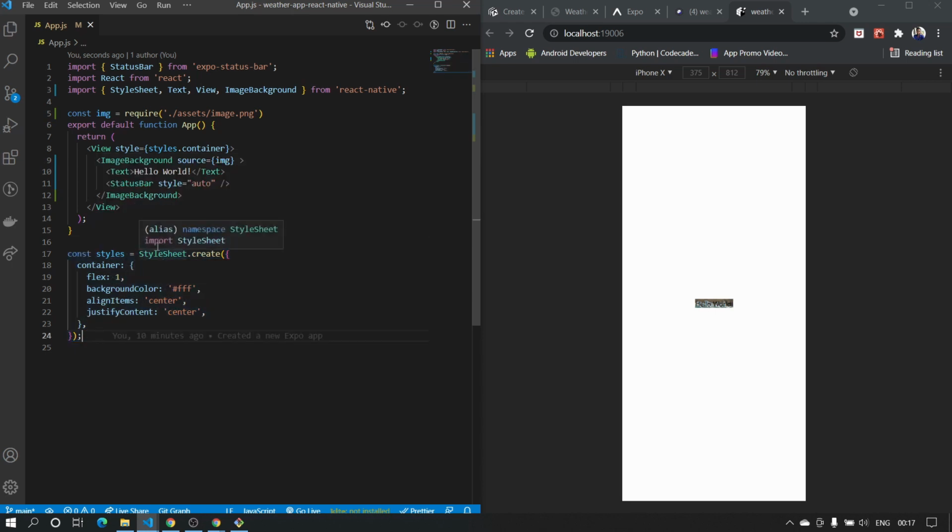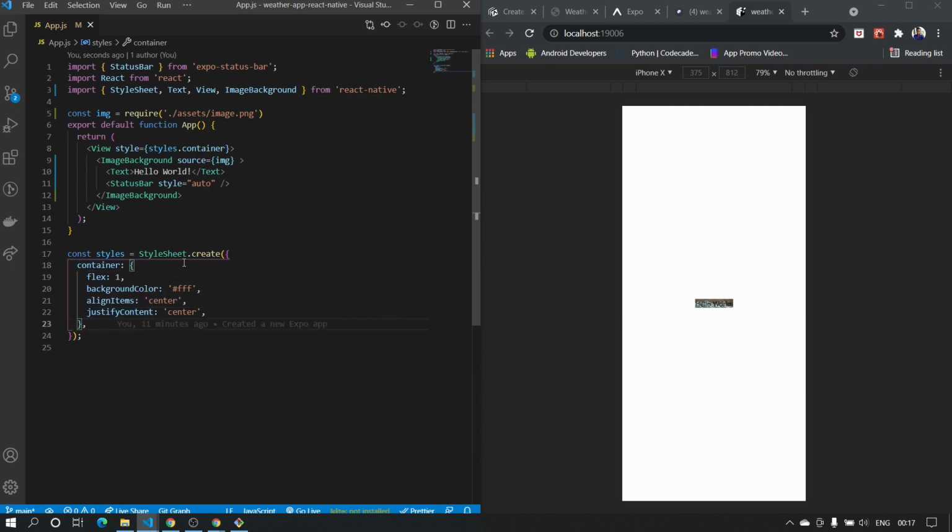This is basically a StyleSheet that is imported from React Native, and we are creating a styles object within that. We are referencing this object here. In the styles you can see StyleSheet.create, and in the create we have defined a container, and we have defined a few styles here.